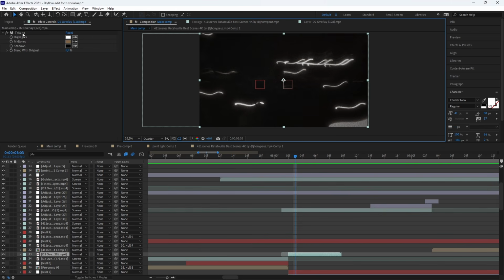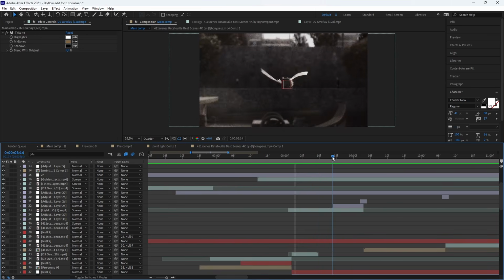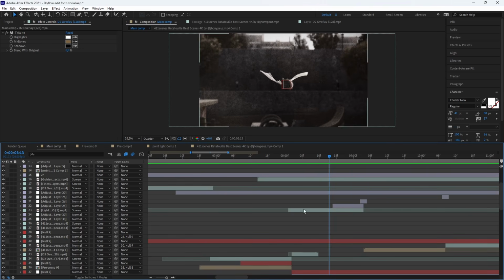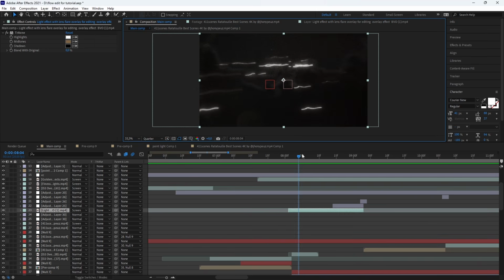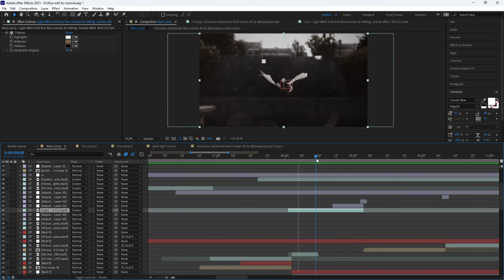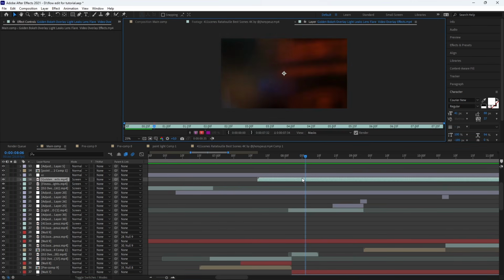I also added a Triton effect, and then on this part there are 2 overlays. The first one was this one with these circle effects. The same, it's a Triton effect, and we can't really see it, but here you can see there is the overlay, and then on it I added this bokeh effect.